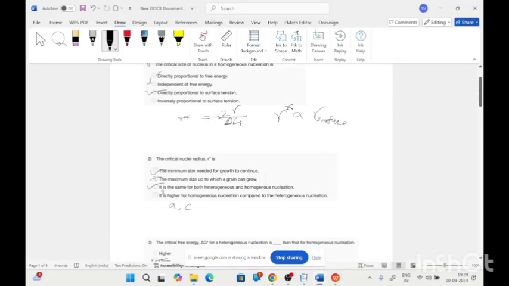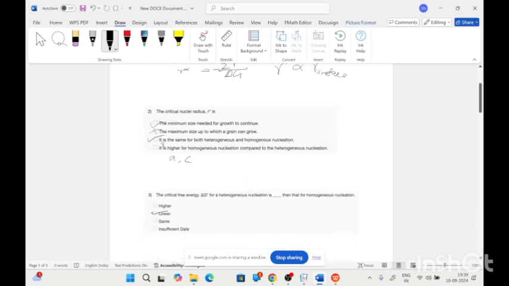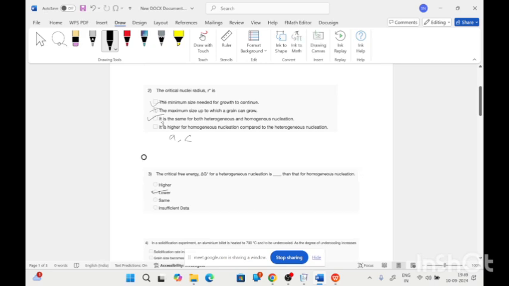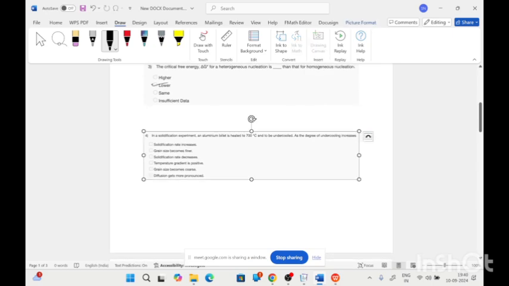So we will start from the first question. The critical size of nucleus in a homogeneous nucleation is directly proportional to surface tension. In the second question, it is asked that the critical nucleus radius R star is the minimum size needed for growth to continue, and one more option is correct, that it is the same for heterogeneous and homogeneous nucleation. In the third question, the critical free energy for a heterogeneous nucleation is always lower than the homogeneous nucleation. In the fourth question,